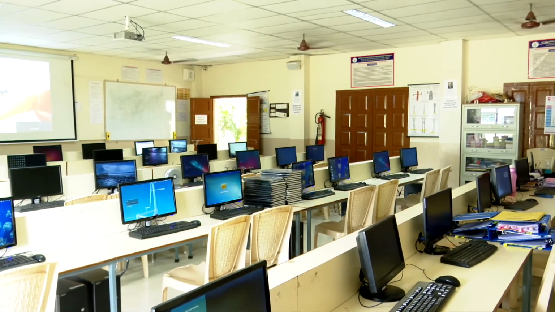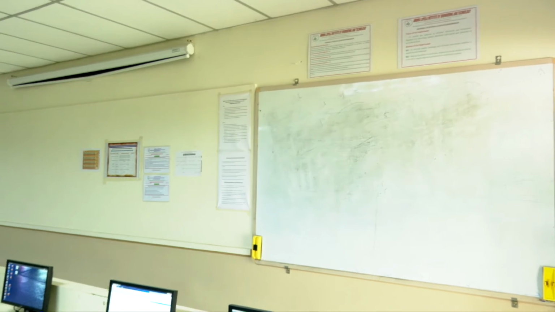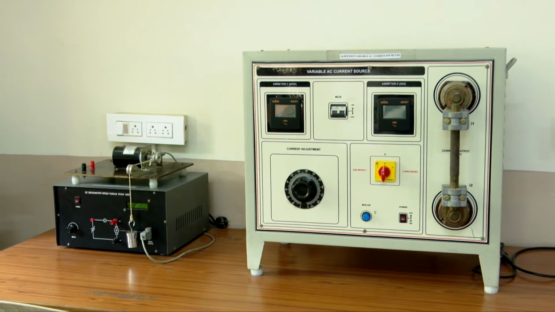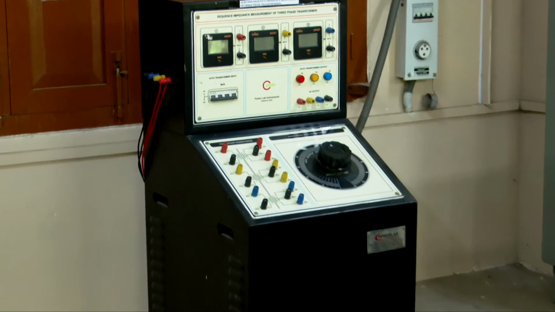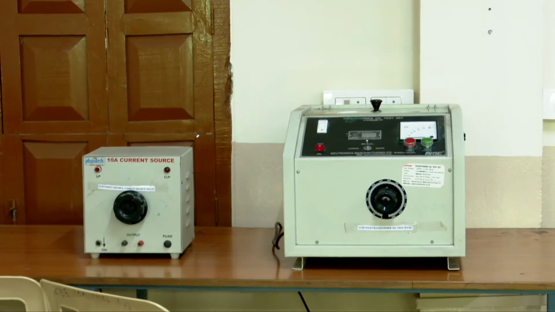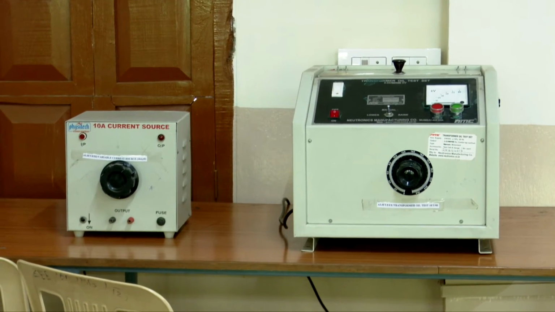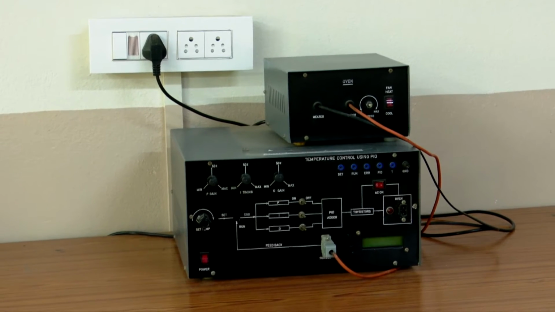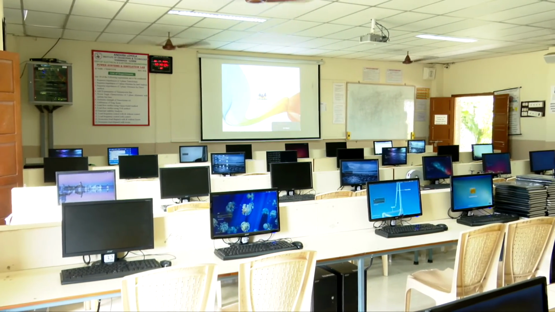It is meant for 4th year BTech first semester Electrical and Electronics Engineering students. In this lab, some of the major equipment are tong tester. It is the device used for measuring transmission line currents. Transformer oil testing device to determine the dielectric strength of the transformer oil. Sequence impedance of 3-phase transformer trainer kit to perform hardware experiments. And to perform software related power systems experiments, licensed MATLAB 2015A software is used.